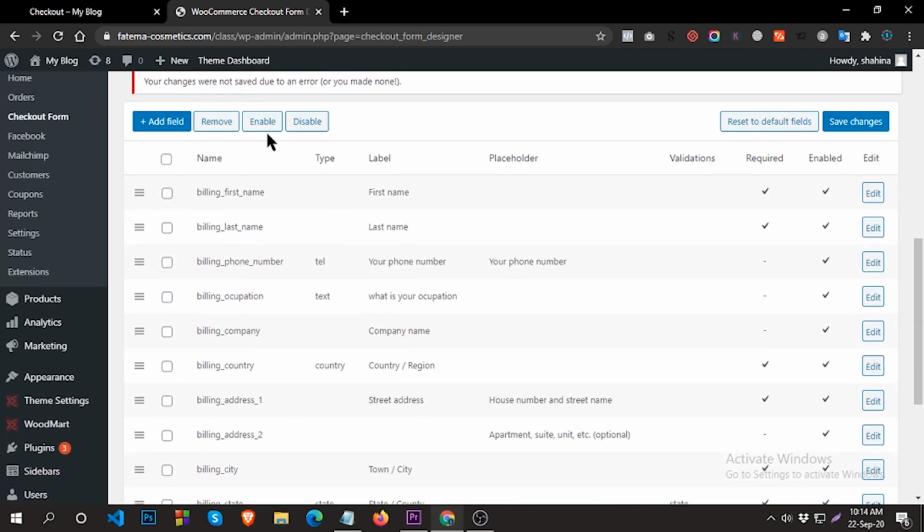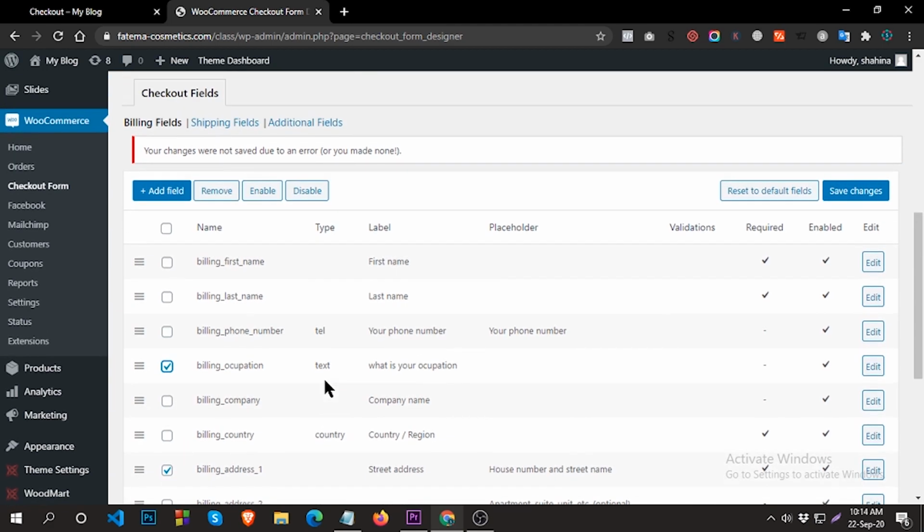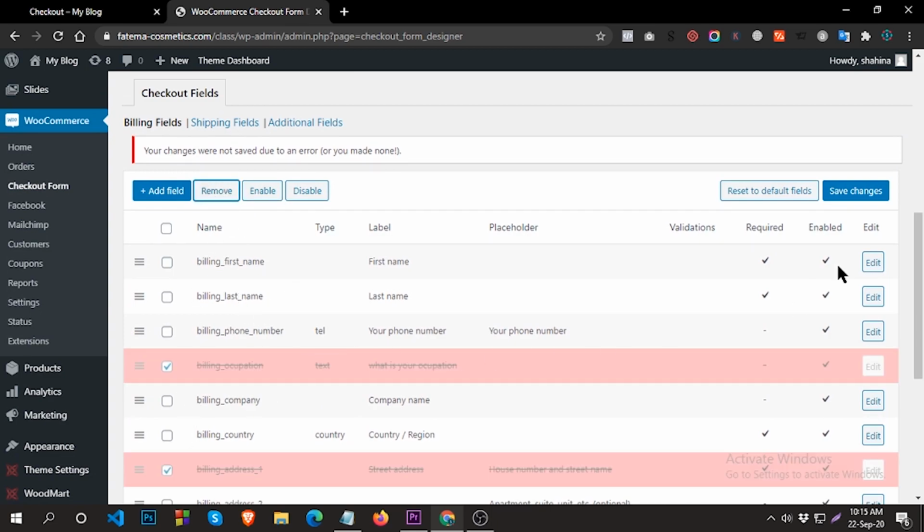Now if you want to remove any field from here, click on the box of the field you want to remove. I want to remove this one and another one, so just click on them, then click on Remove, then Save Changes.